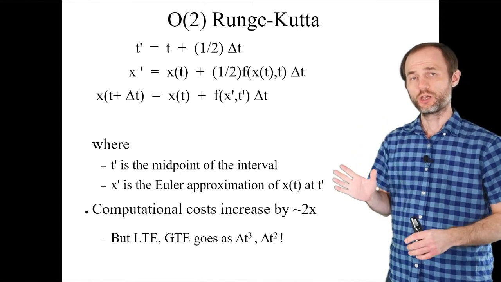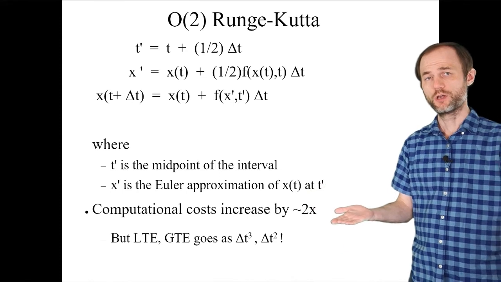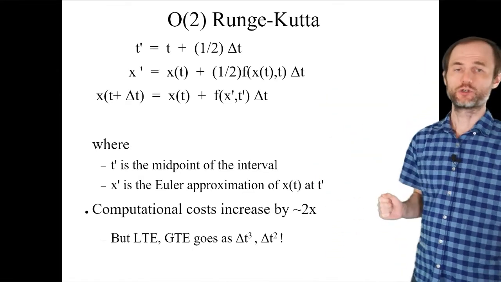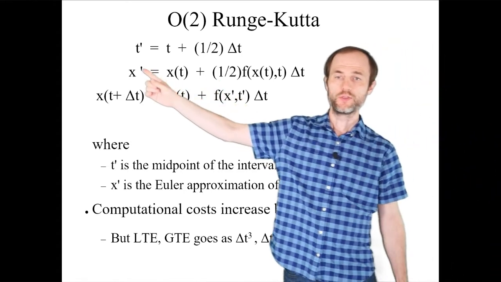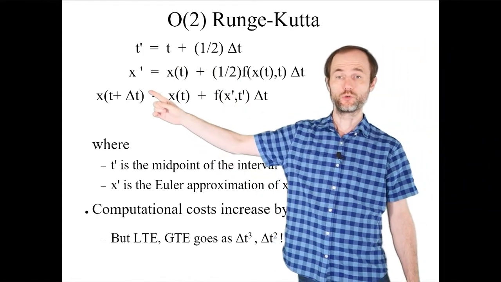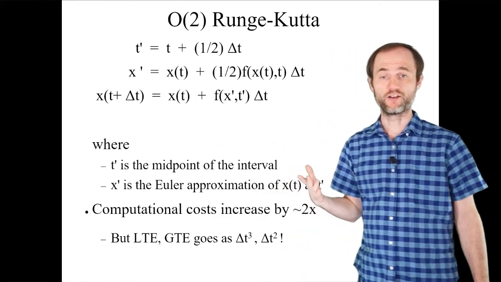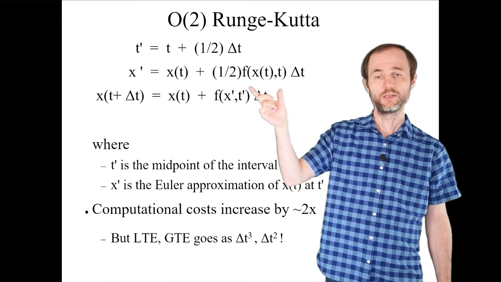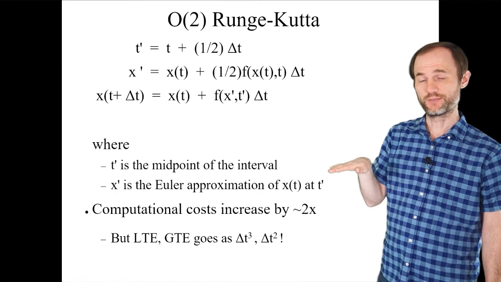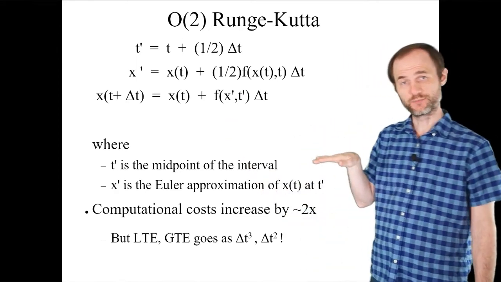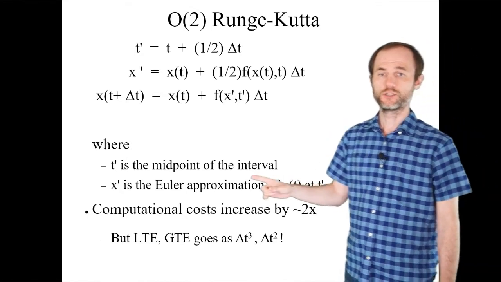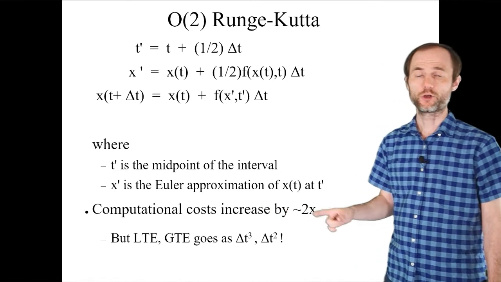Here, in a nutshell, instead of going immediately from the initial time to the final time of the time step, we're going to go halfway, evaluate the derivative, and then use that to go all the way. So this is what we're doing. The new time will be the original time plus 1/2 of the time step, right, going halfway. Then we're going to figure out what is the value of our variable when we go halfway. So we evaluate the derivative at the initial state, and then multiply by half delta t. That is going to be our value at half time step. And then we're going to evaluate the derivative at this half time step value at the midpoint. And starting with the original initial point, we're going to go all the way. So t prime is the midpoint of the interval, and x prime is the Euler approximation of our solution at